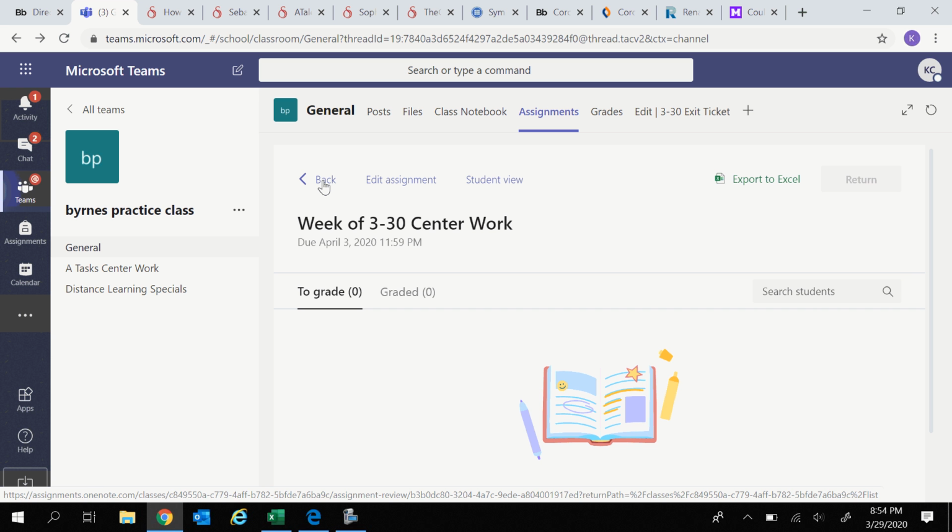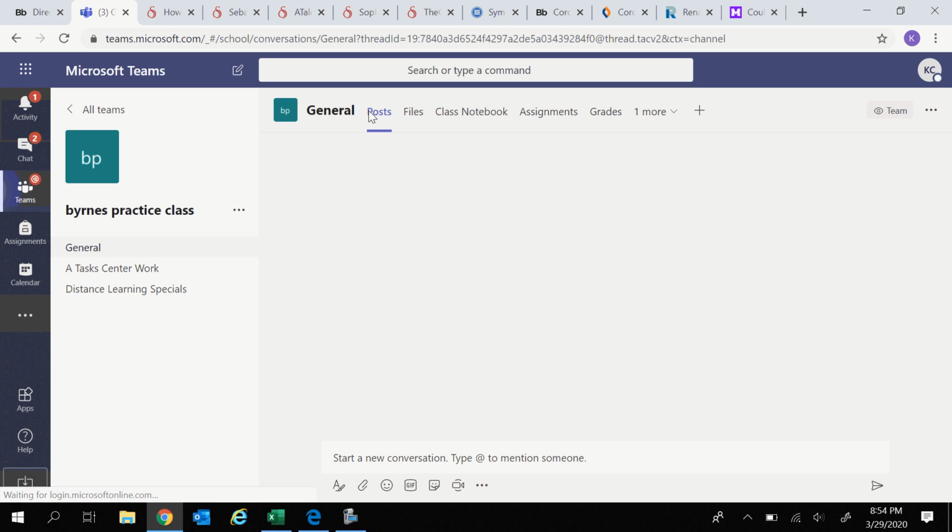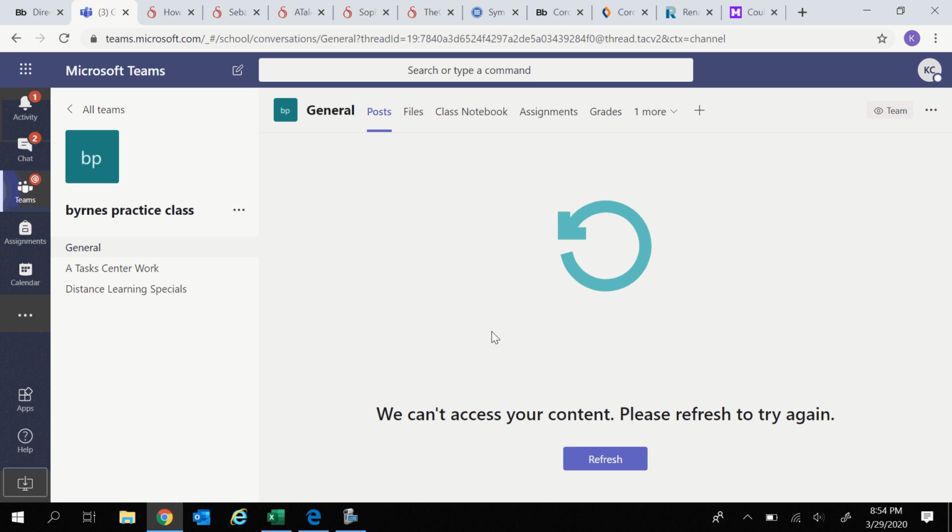So I hope this was just a quick little overview of where to find information on Teams. It has taken Miss Zhao and I quite a while to figure out how to use the program, so we're not experts, but we have a pretty good idea now. We've done pretty much nothing but stare at this program for the last 10 days or so. So if you have questions, please don't hesitate to ask. We are here to help you and your student through